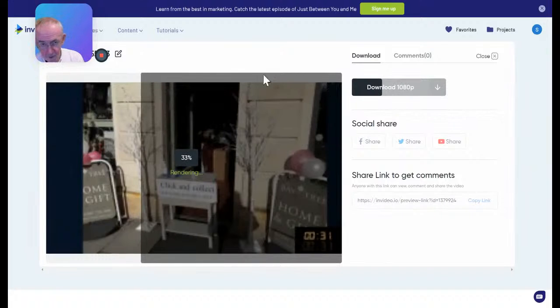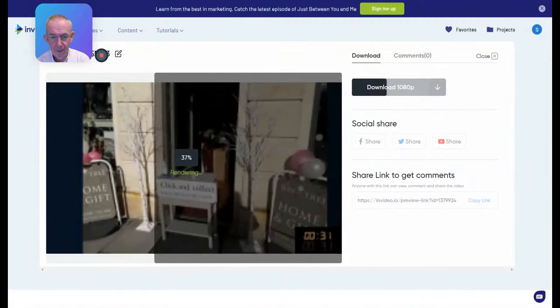But it is so simple and straightforward with Invideo. You do need to have a premium account to actually use some of the clocks, but it is so easy to do, to actually put together your own countdown clock using your own video. Music, I bring my own music with me from Jamendo, and then the clock I use normally is my own clock, but I've just shown you actually using one of the countdown clocks that is within Invideo, and all you simply do is bring that clock into